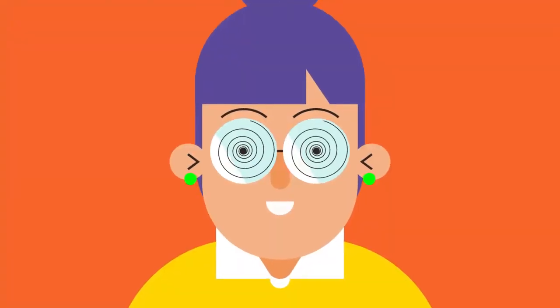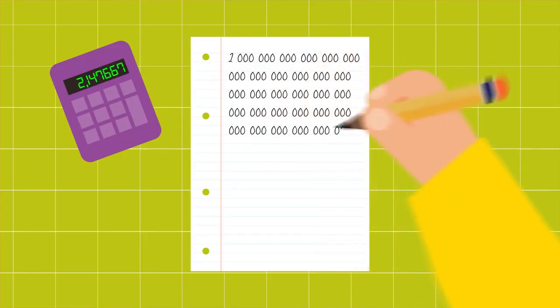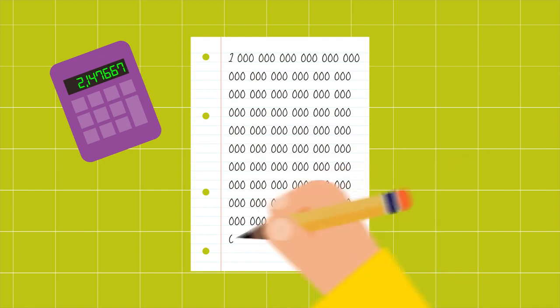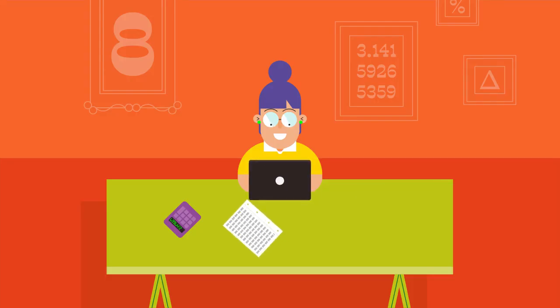Those numbers are becoming so large that we can't even imagine them. But at the very least, we can write them. A few hundred zeros fit on a sheet of paper. But what if we go one level higher and use exponential in the exponent itself? 10 to the power of 10 to the power of 100, or 10 to the power of Google is called